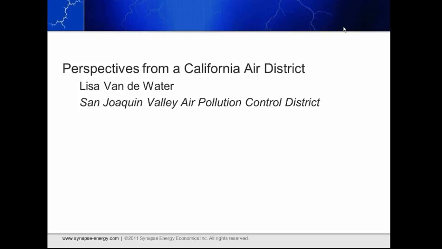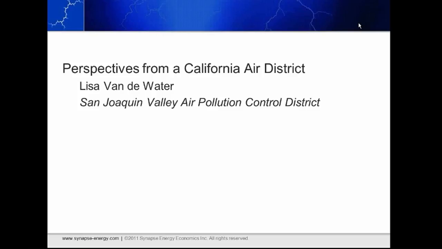And what the Synapse model has done for us is kind of enlightened us as to the true regional nature of our energy generation and use. Until you can see how and where energy is dispatched, it's very difficult to look at the impact in a region.